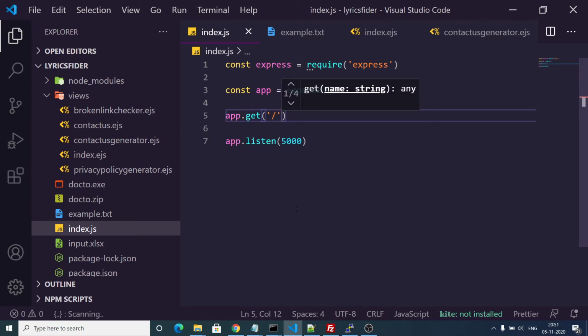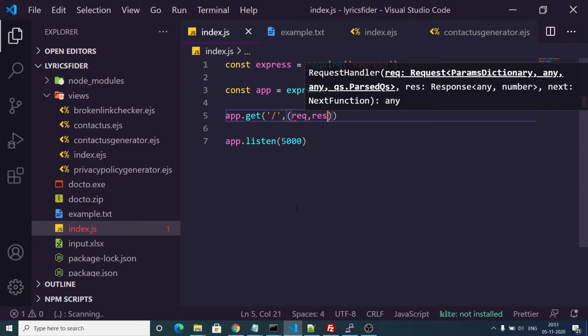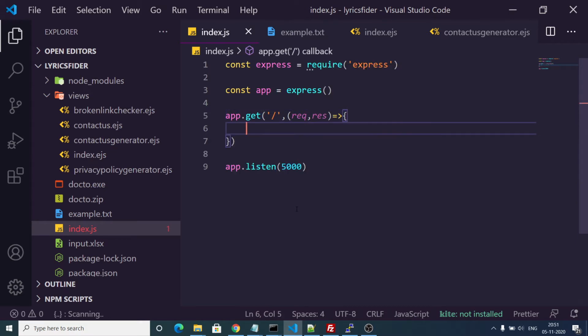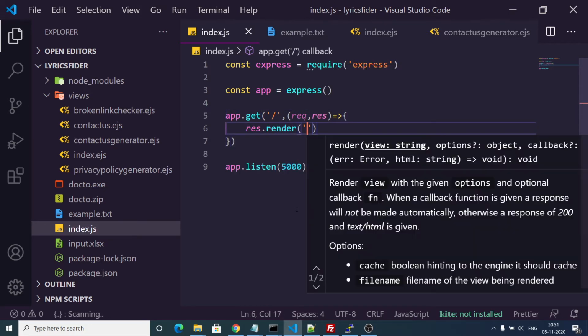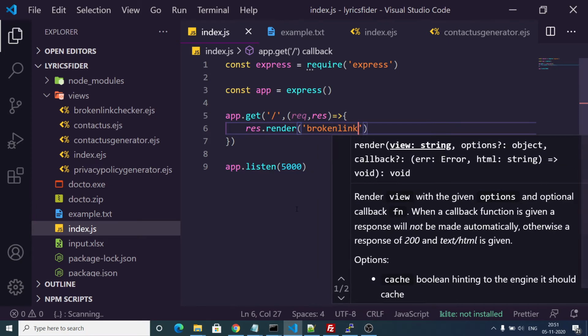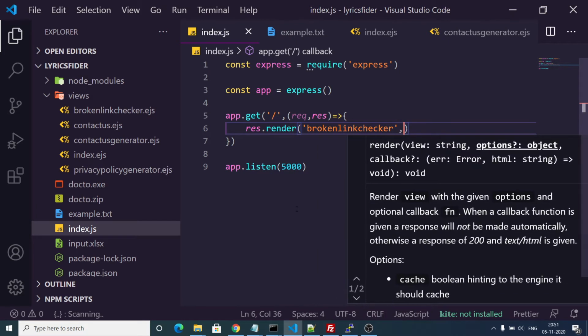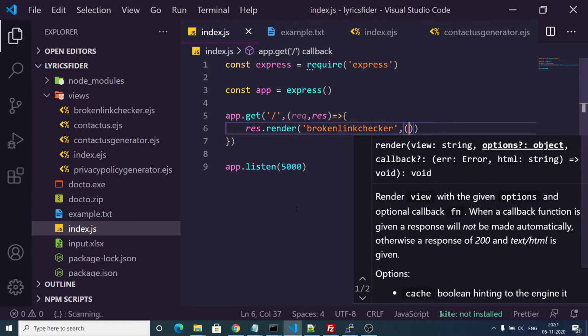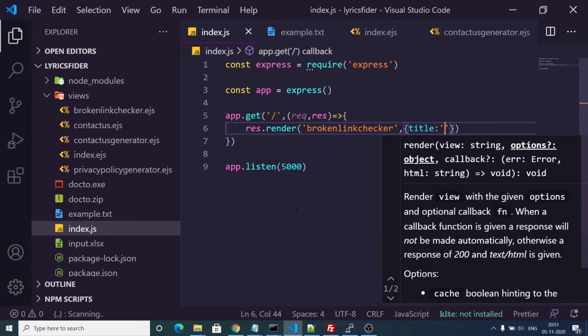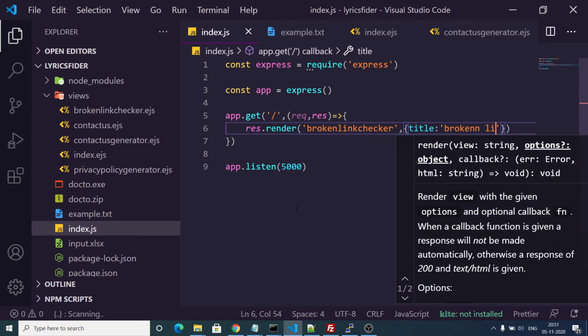Whenever you open the home route, with request and response, you can load the template, which is broken link checker, and the second argument you can give the title as well, which is broken link checker.